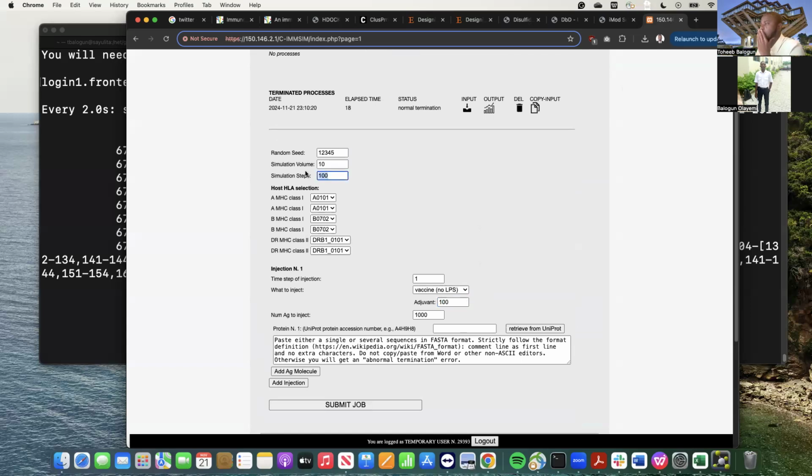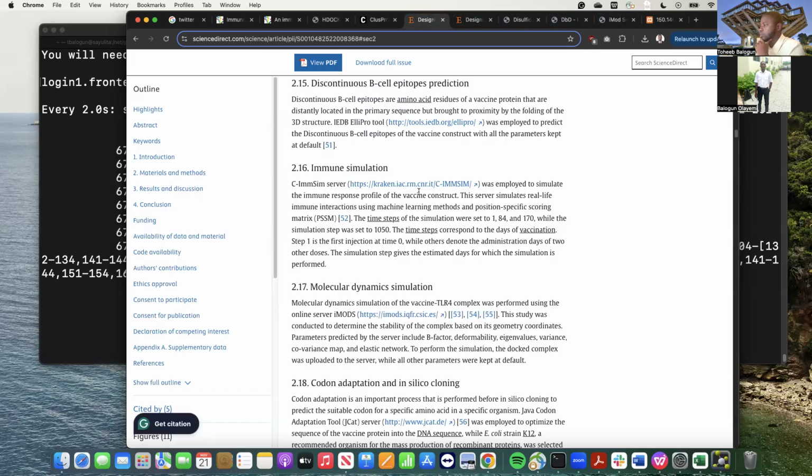So he modified the time steps, he changed the time steps as well. So that's something we can also look at, why they